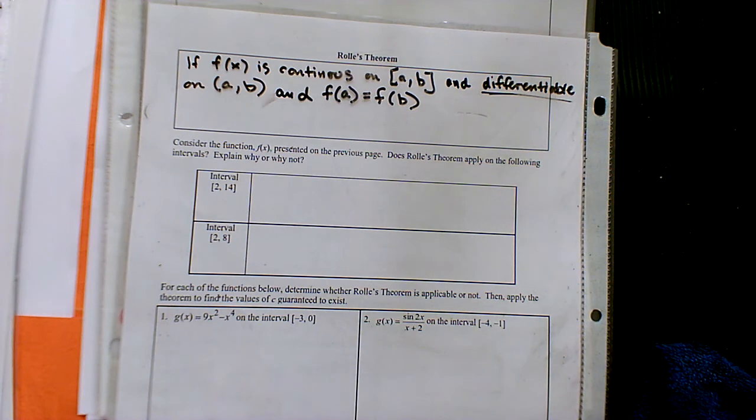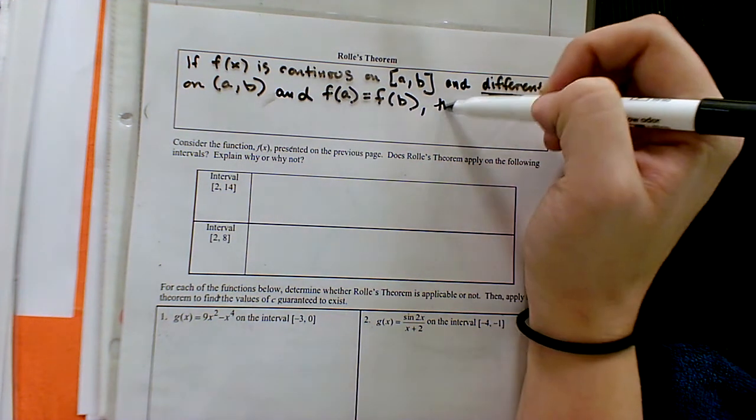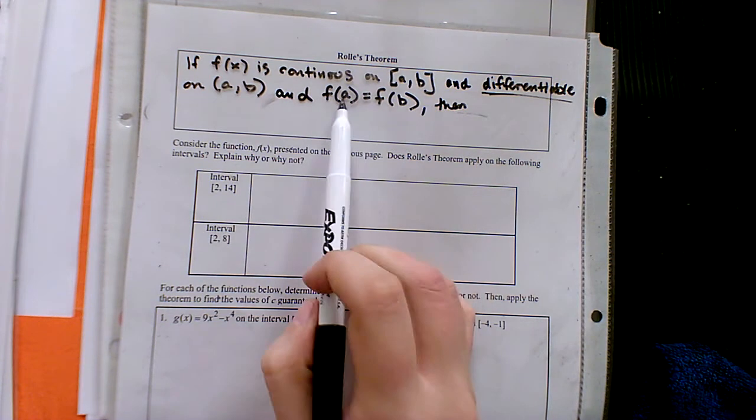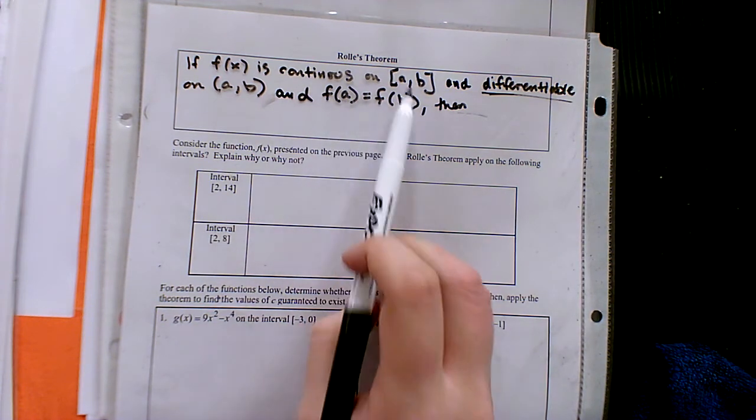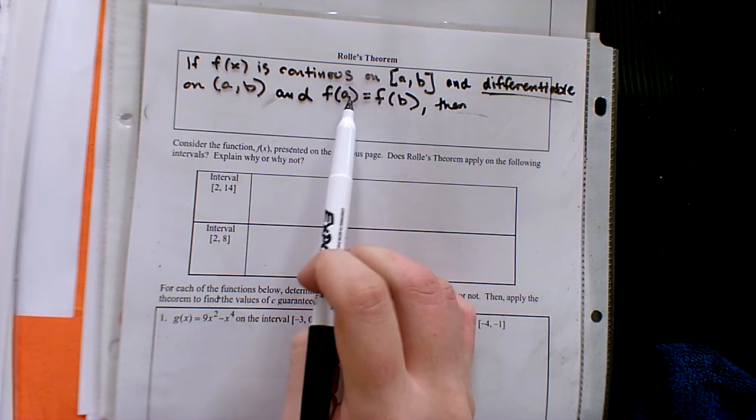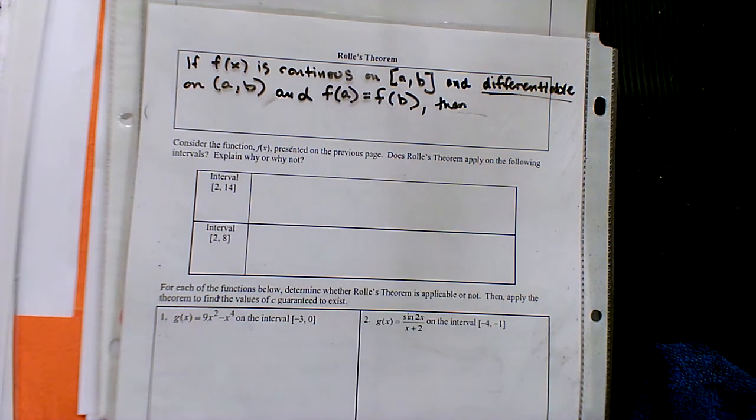Now that's using mathematical notation, but what do you think that's telling us? F of A equals f of B. What do you think, Griffin? I'll just say like the two endpoints are at the same y value. There we go. A and B are the endpoints, right? And if you plug in, these are x's. If you plug them into your function and the outputs equal each other, they have the same height. So we essentially have two endpoints at the same height, nothing like they're diagonal or anything like that.